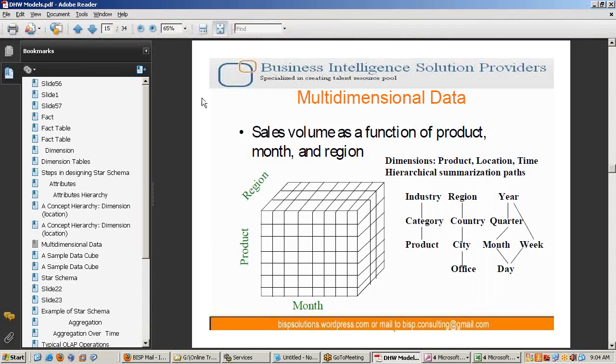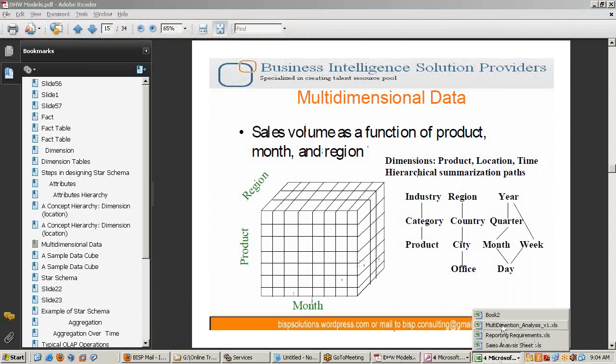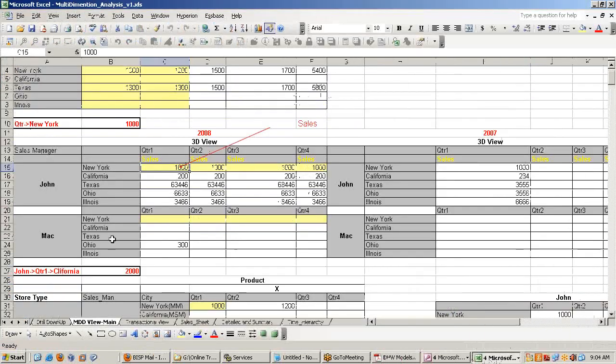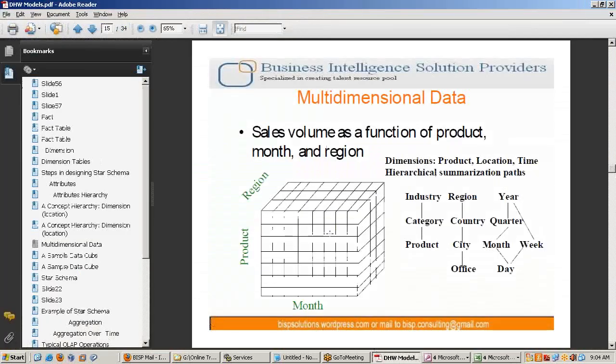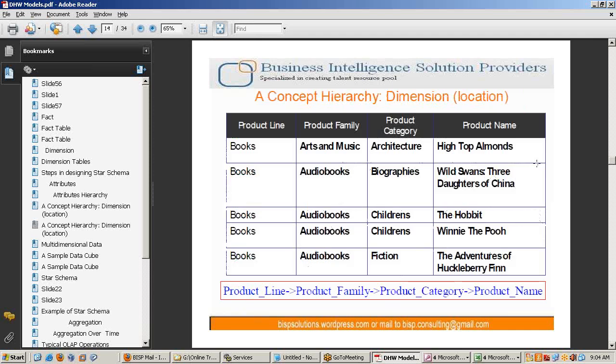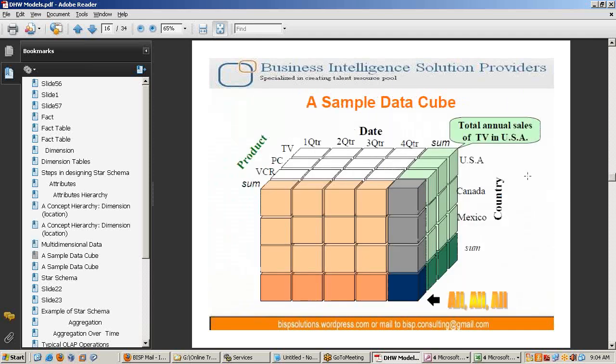So this is the multi-dimensional view, and the same thing we have shown in an Excel sheet. We also have an attribute hierarchy. We discussed this, attribute as an attribute hierarchy.